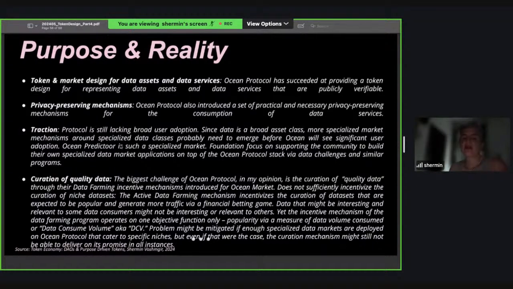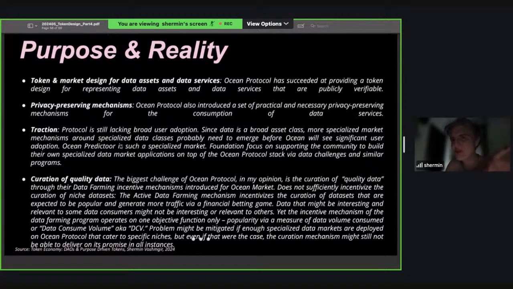this criteria, but in a general purpose market, you cannot reflect niche interests with this criteria. So maybe this will be resolved, maybe not, but this would be my biggest criticism of Ocean Protocol. I have to mention, however, that the question of curation, nobody has, or decentralized curation has not been